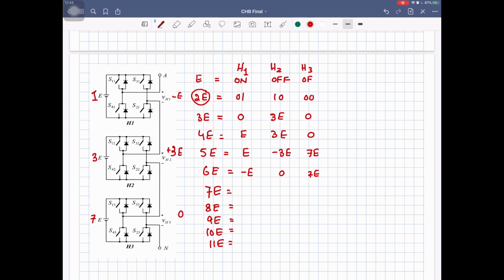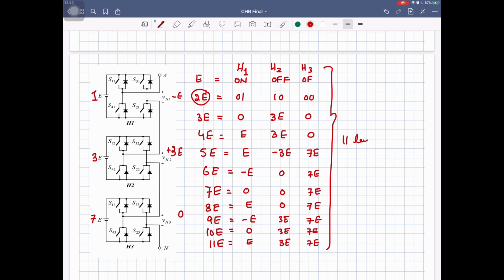To get 7E, you can get it from here and keeping it 0. 8E can be obtained from here, E from the first one, 0 from the second one and 7E from the third one. To get 9E, you can get 7E from here, 3E from here and minus E from here. This will give you 9E. To get 10E, you can get 3E, 7E and 0. And to get 11E, E, 3E and 7E. So you can get 11 levels